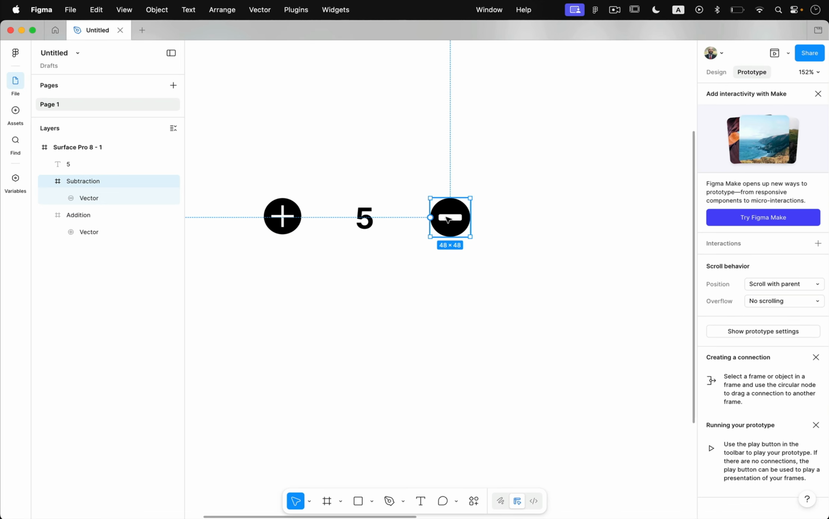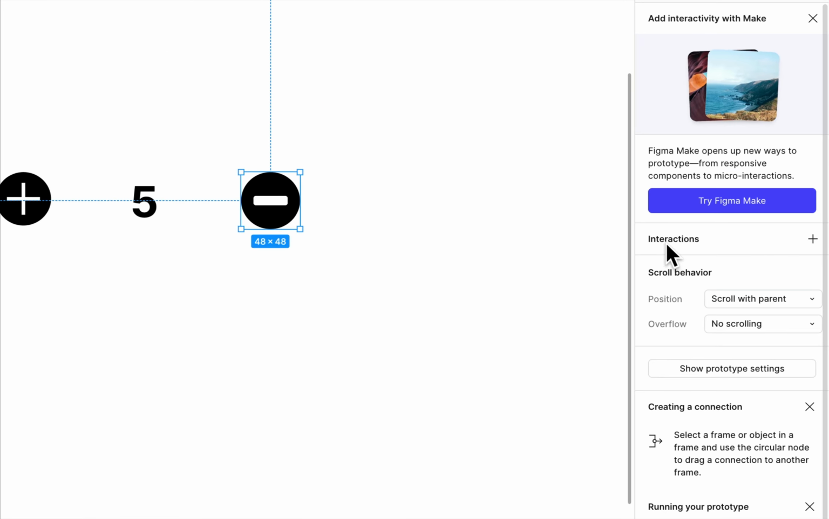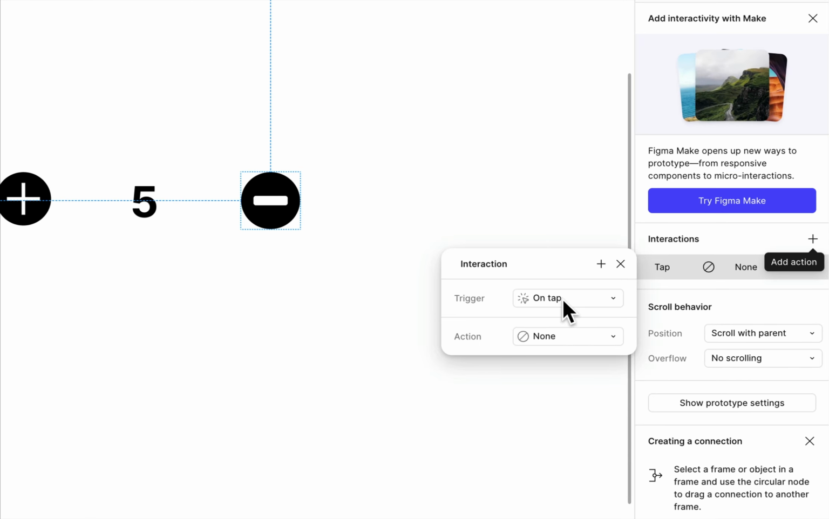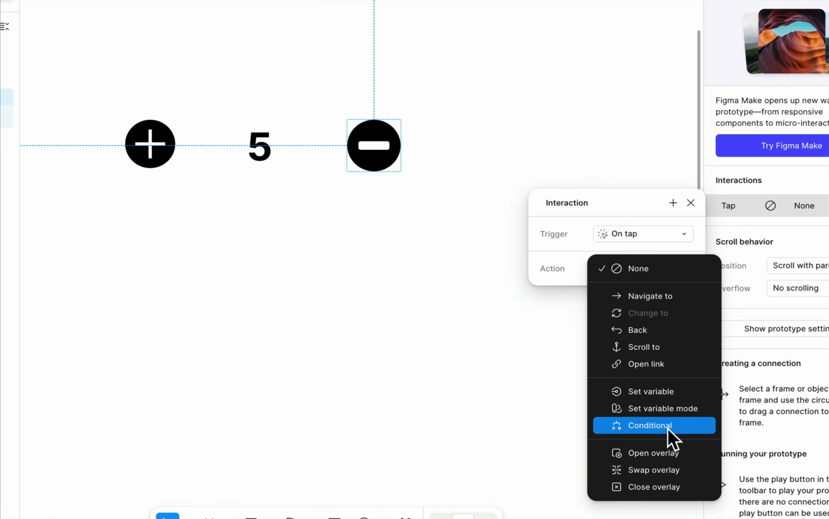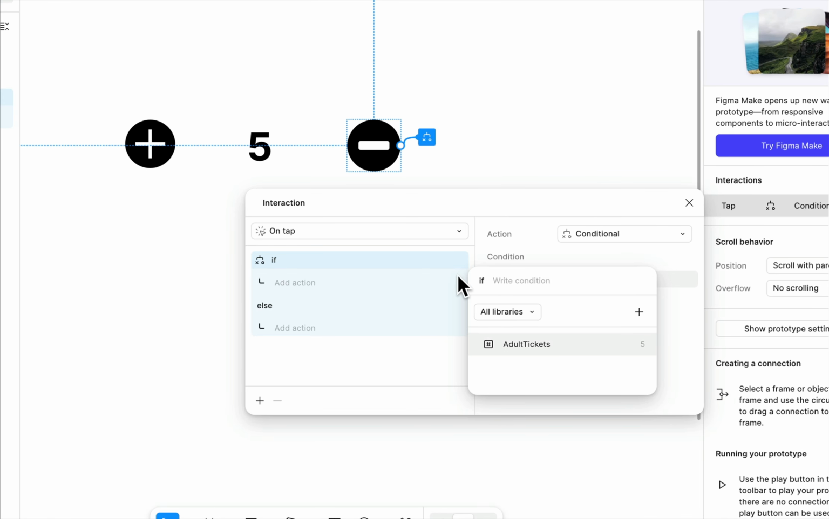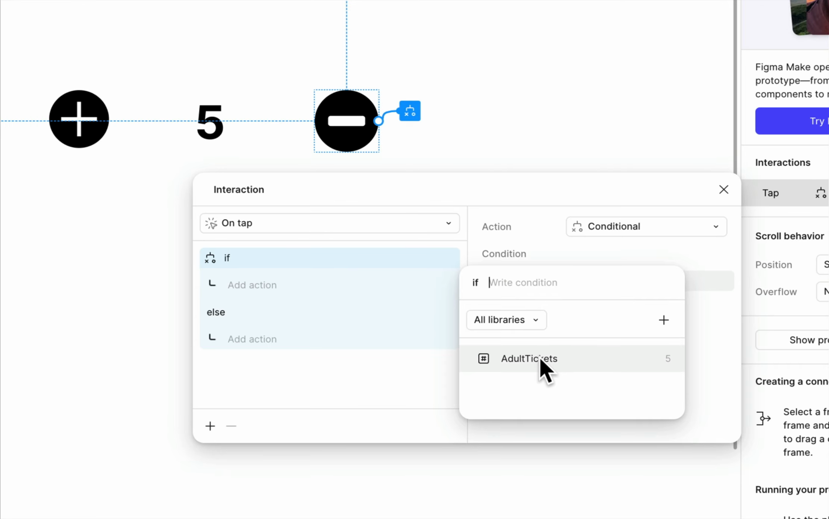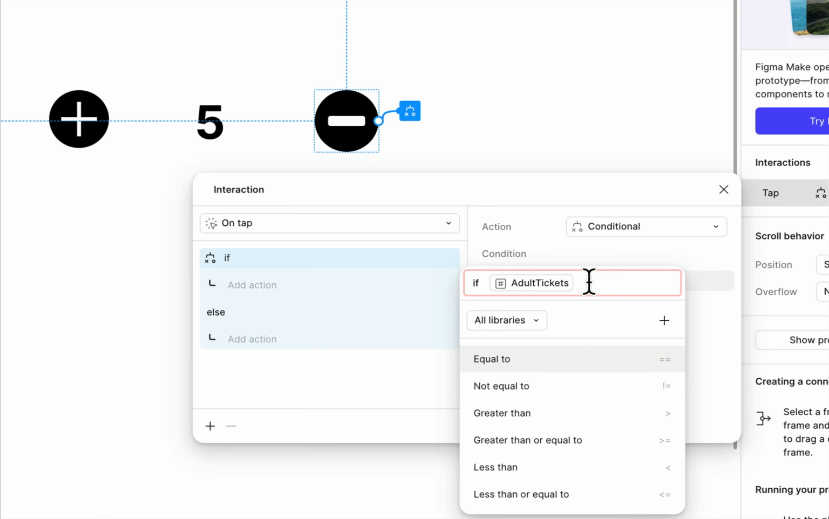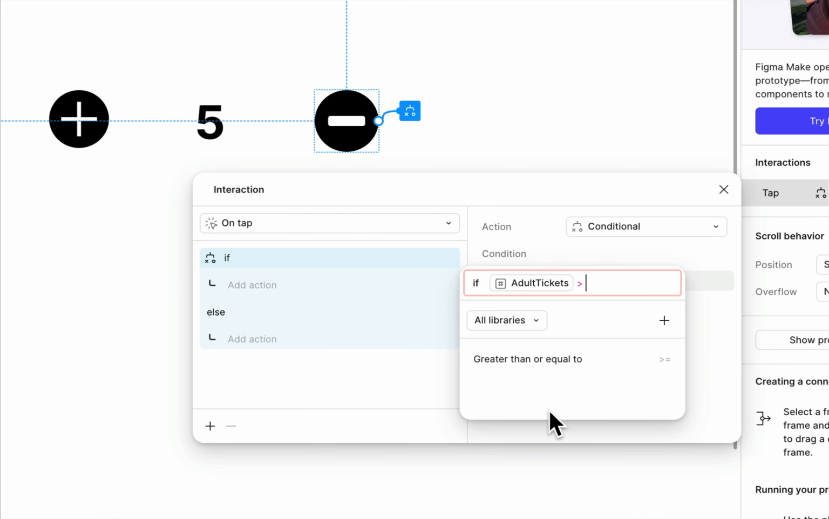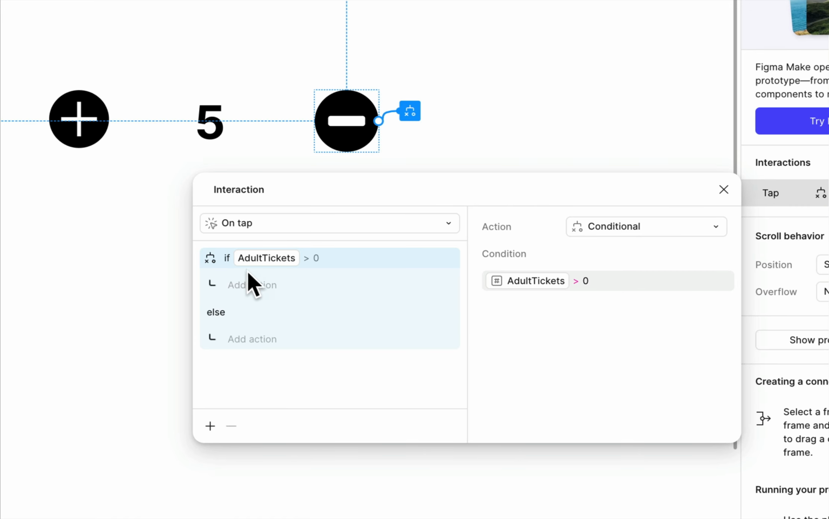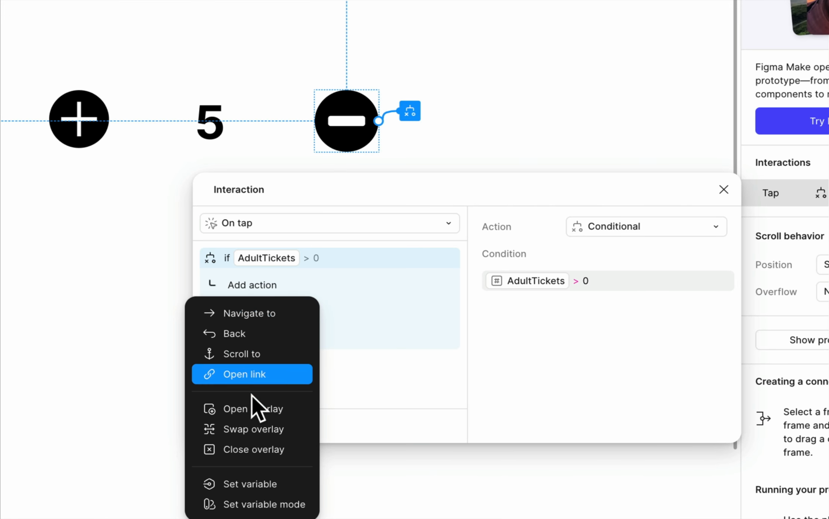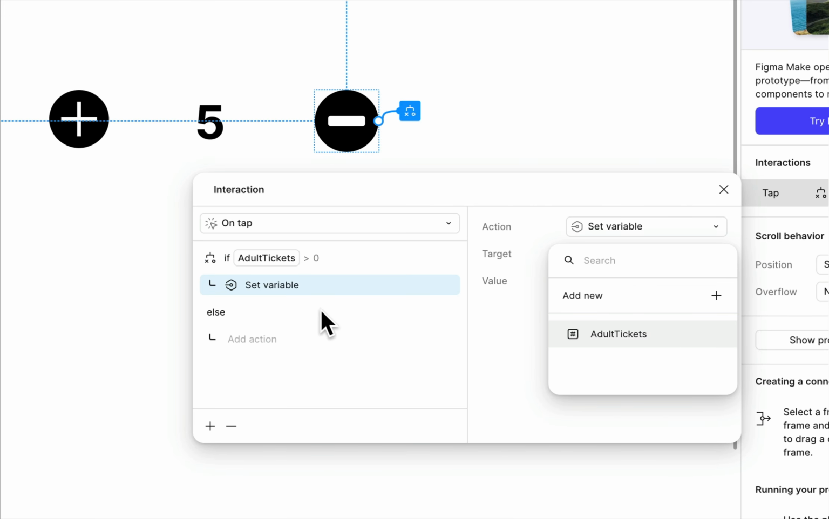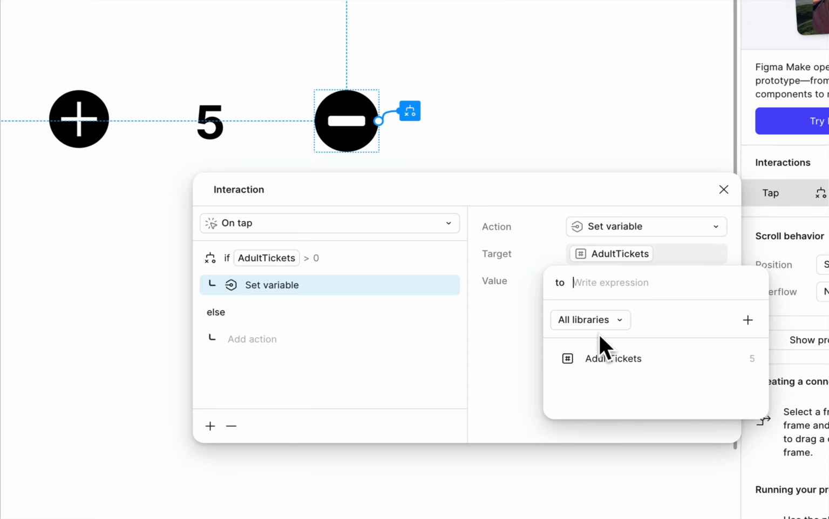Okay, so let's do it for minus over here. So with the minus selected, let's go back to our interactions. And again, on tap, we're going to set a conditional. Inside this conditional, this time, if all of our adult tickets is greater than 0. So as long as there's more than 0, we can keep subtracting away from it. What action are we going to add? So we're going to add an action to set a variable to be adult tickets